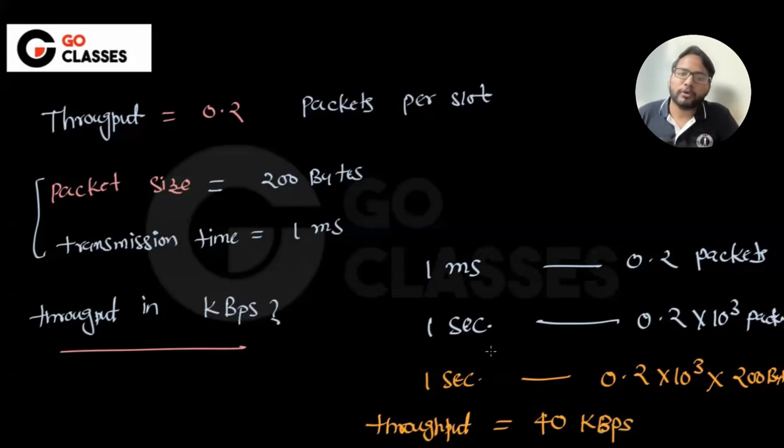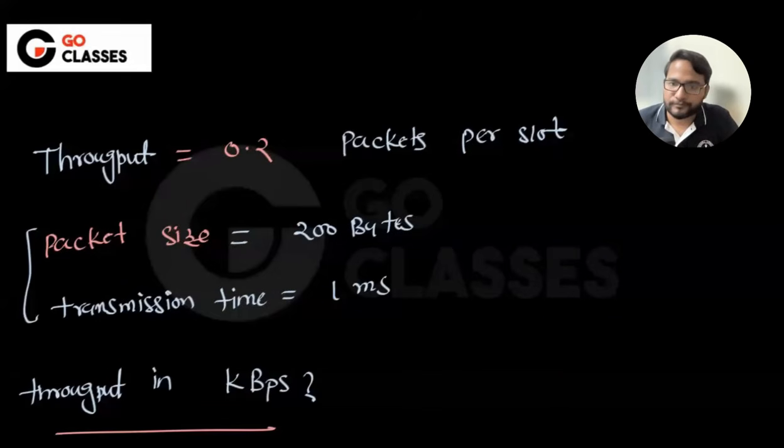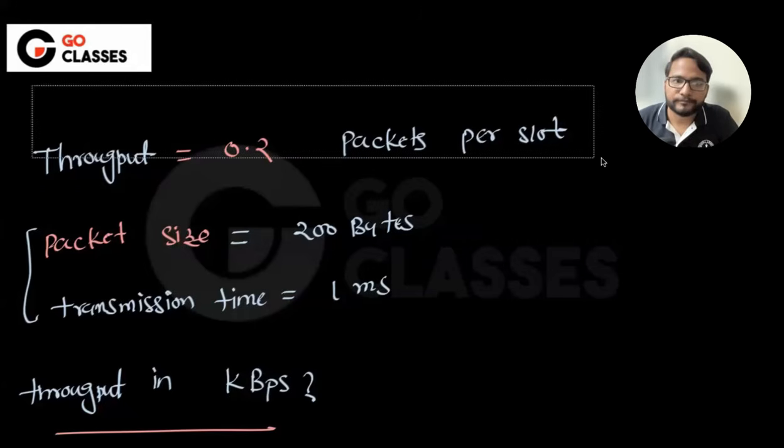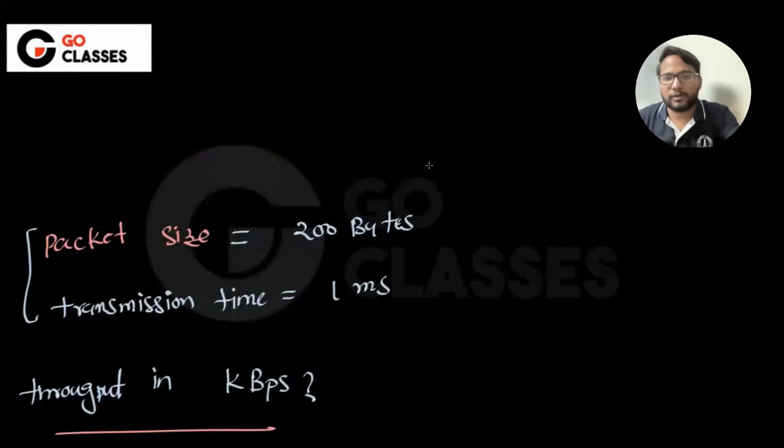So that's how you can convert the given throughput. They will not tell you that it is in packets per slot. That's what you need to know. Let's suppose the question is like this. They will not say the throughput. They will say the probability. They say the probability